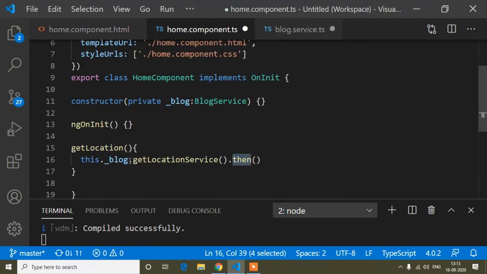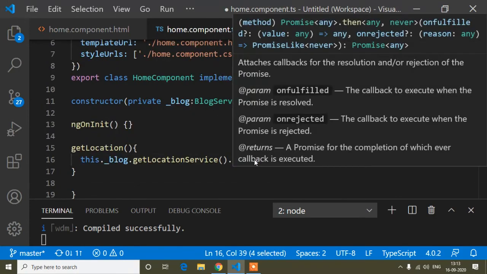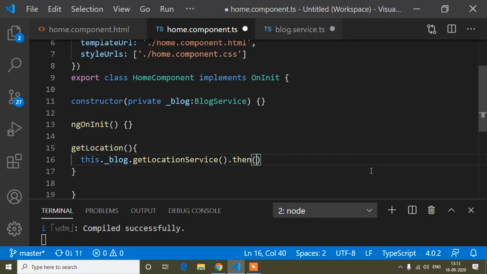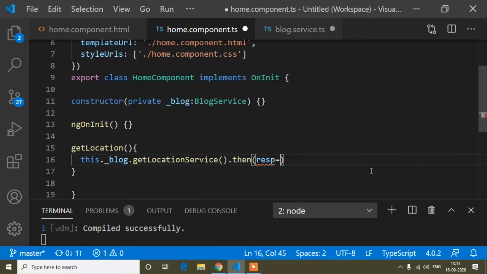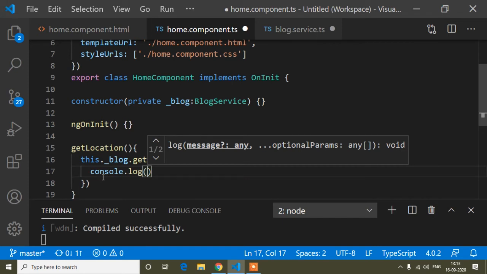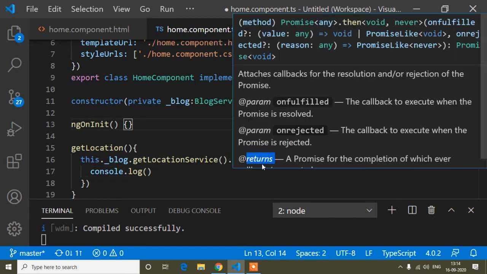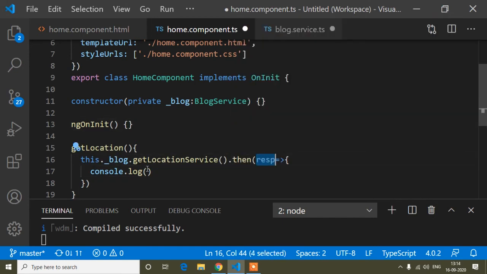So that's a similar way if the function is successful. So in the TS file I pass dot then, and inside this then again I will write a parameter response, and now in this response I will pass a console.log, and inside this console.log this response parameter dot.